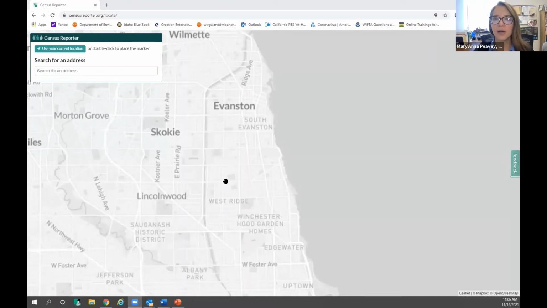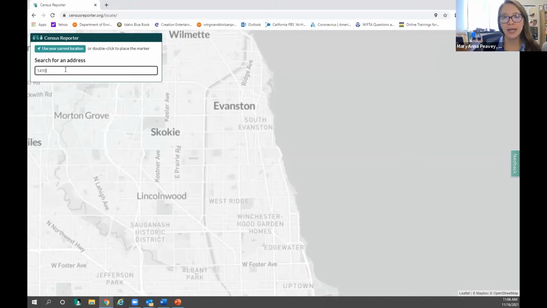So right here, when you put in that website that we provided in the letter of interest, this screen comes up. Now, how to get it activated is you would put in an address in your location and then further your search. Now, I am going to show you the city of Boise's demographics